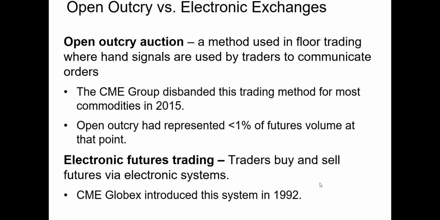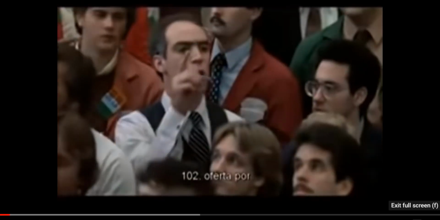Now, futures exchanges are run in two broad ways, either through an open outcry auction or through an electronic market. The open outcry auction method is an old method where traders would use complicated hand signals to enter into futures contracts. To give you a sense of what this market looks like, here's a video of the movie Trading Places.